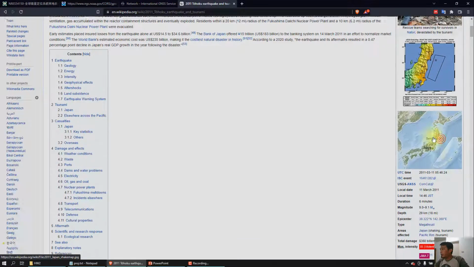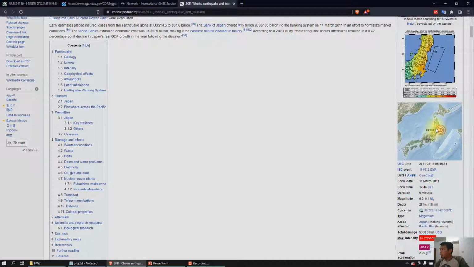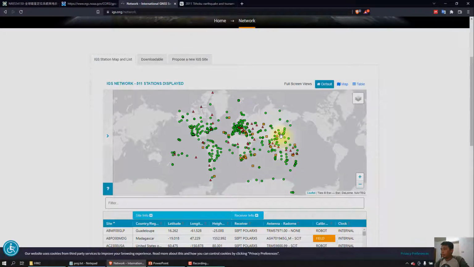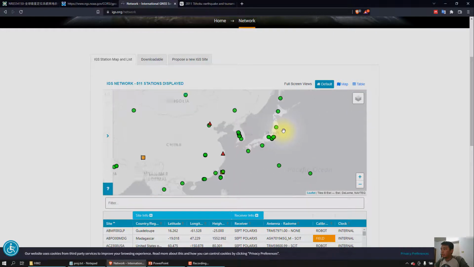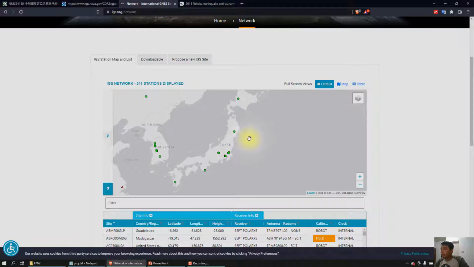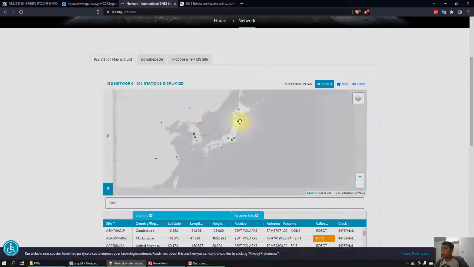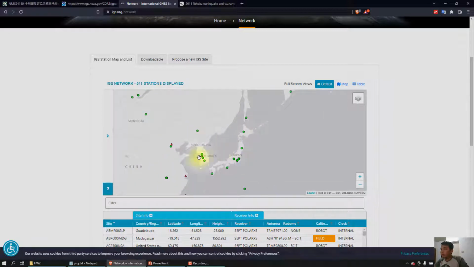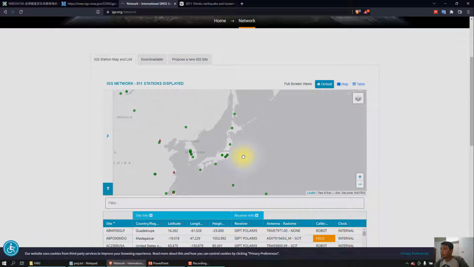If we see on the map, it is around the eastern direction from the Japan island, exactly about eastern direction from Sendai city. Let's zoom in by scrolling up with the mouse, and the earthquake happened around this area. So we could choose some of the GPS stations around this area.